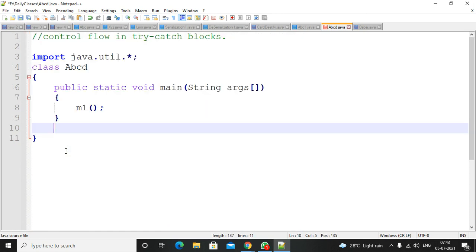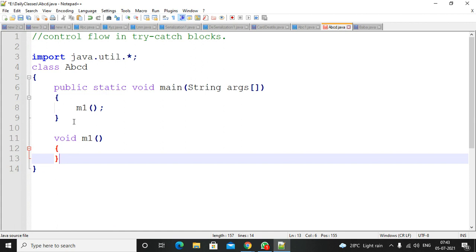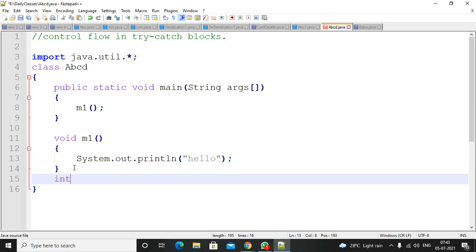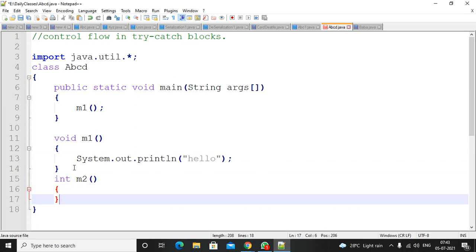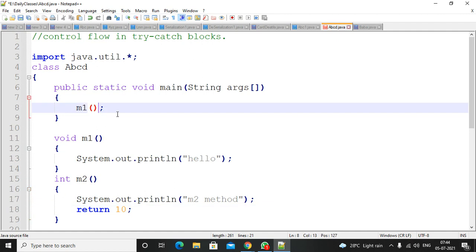So I remove everything. So I have a method, one method is there, with a hello statement in it. I will write one more method, integer m2 method, with a return type here.